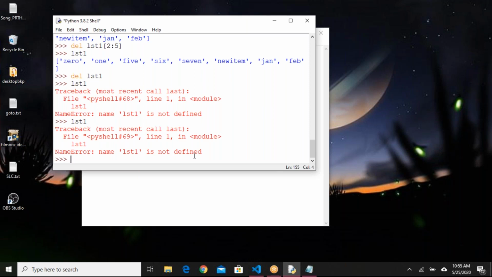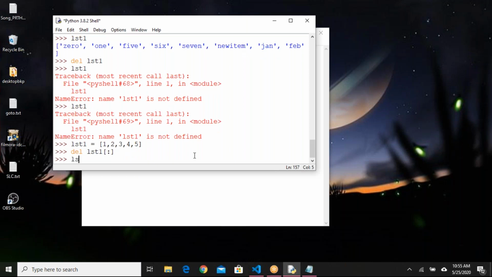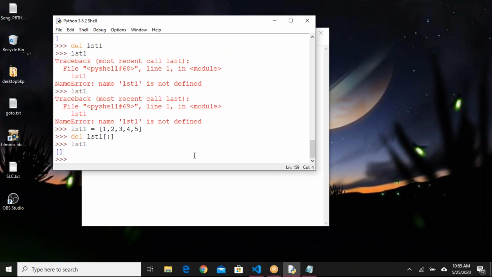Say for example, I'll say list1 equals, I'll take a couple of numbers 1, 2, 3, 4, 5. Okay. If I say del lst1 with the slicing operator, without providing starting and ending index, it will remove the elements.